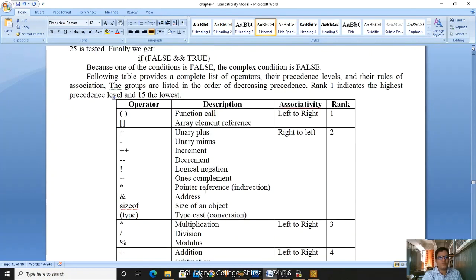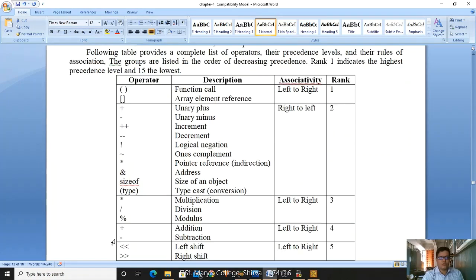Here one table is given, please go through it. You are identifying the associativity and ranks. In your expressions, if you have brackets, parentheses or square brackets, the associativity is left to right and it has the highest priority, highest rank. Next comes unary plus, unary minus, plus plus, all of which are rank 2.